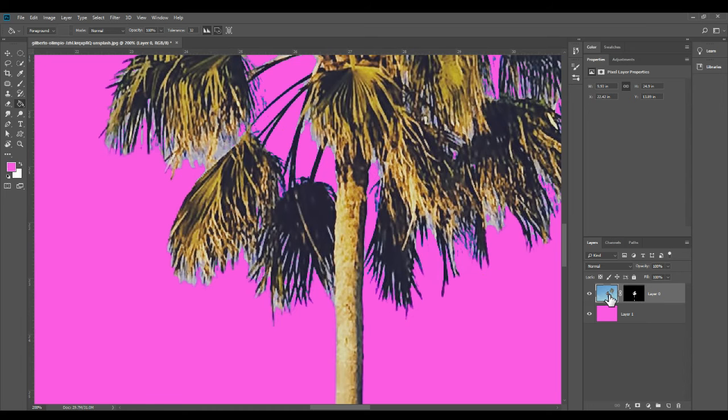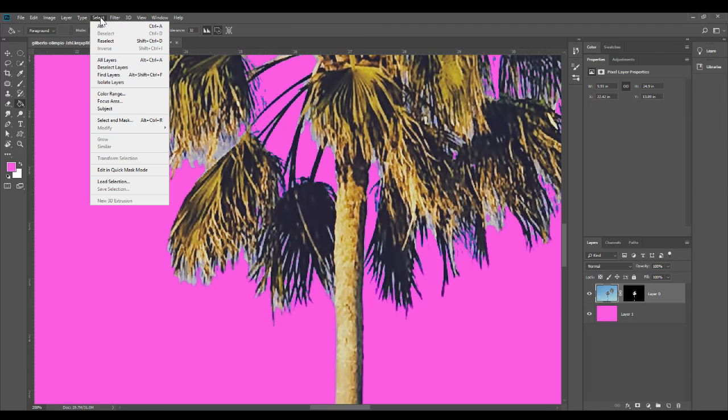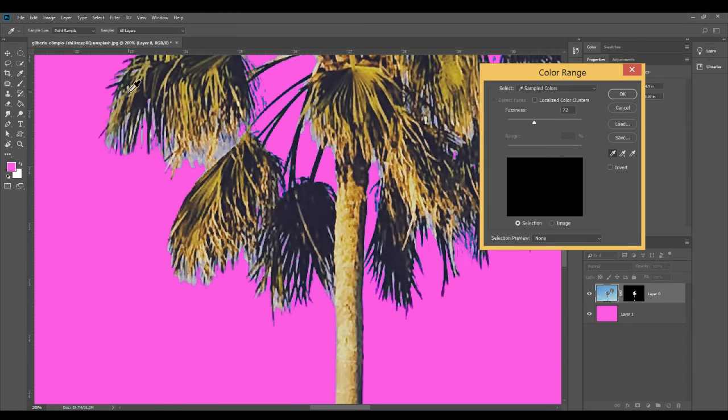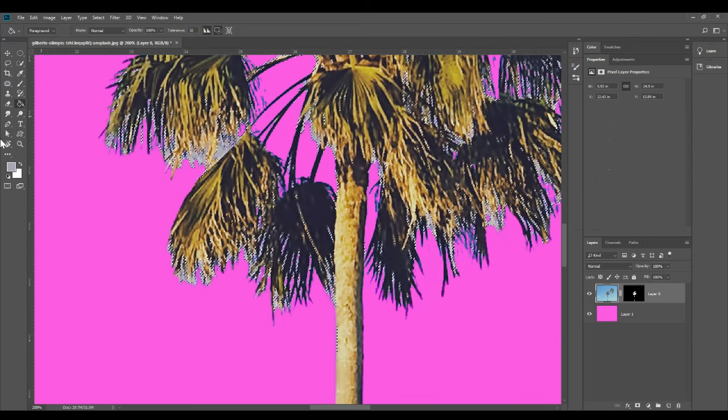But what I'm going to do is go back to the layer mask. I'm sorry, not the layer, the actual thumbnail. Then I'm going to go back to Color Range. And this time I'm going to click right inside of there. I'm going to play around with this. Ooh, that's too much. I'm going to try it there, and if it does too much, I can always undo. But now that I've got my brush,